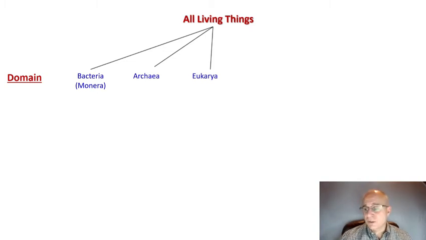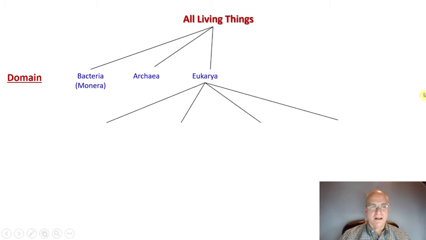And I'm going to be honest with you, most people don't need to know about the lower levels of bacteria and the lower levels of archaea. So we're going to focus a lot of our time on the different subcategories in the domain Eukarya. In fact, we're going to call the subdivision below domain a kingdom. And there are 4 kingdoms in the domain Eukarya: Kingdom Protista, Kingdom Fungi, Kingdom Plantae, and Kingdom Animalia.